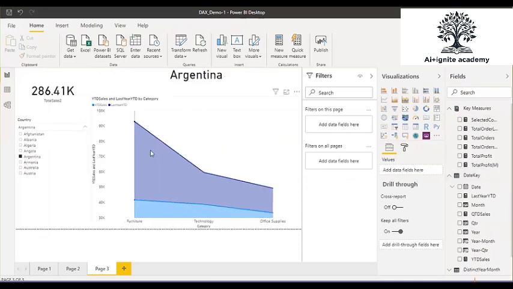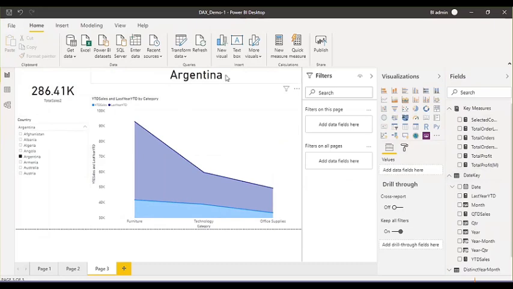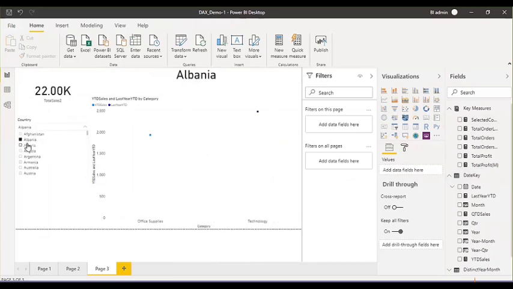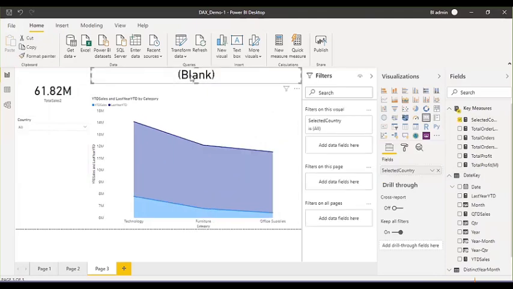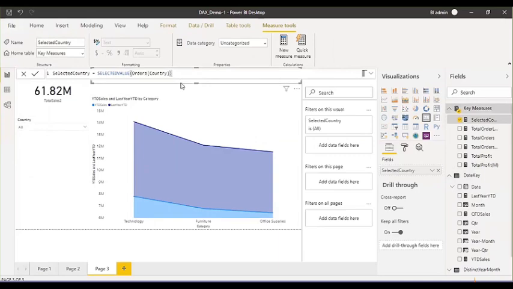So now you can have a look that the value you selected, it filtered the data for that, and that filtered value also you can see here, right? So this is sometimes very useful when you want to display the data for the selected customer, selected product, selected country, right? So in this way, you can display the data here, and you can concatenate the data also here, okay? So in this way, you can display the output of the filters value which you selected. Got it? When you don't select any value, then it is showing blank. You can customize this also. If no value is selected, then here you can pass another condition as an alternate result, that please select one country. Close the bracket.